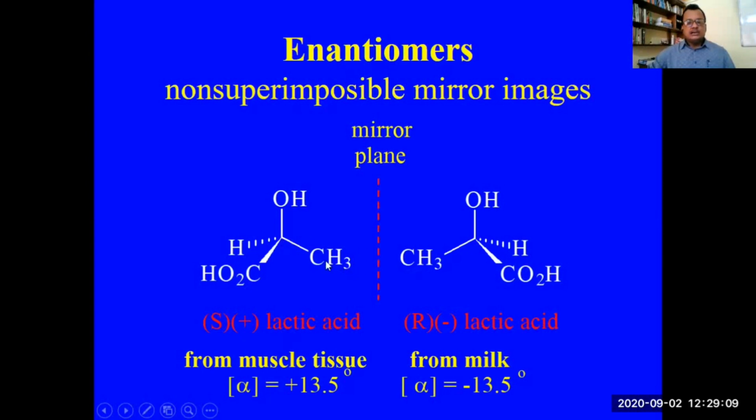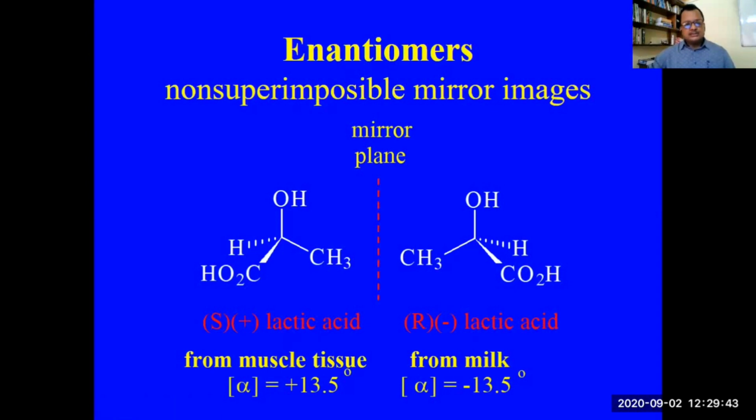Here you see the configurations around the stereocenters are different. Here the methyl group is on the right, there the methyl group is on the left; here the carboxylic group is on the left, there the carboxylic group is on the right. So the geometrical arrangement around this stereocenter here and here are different, which we say is different configuration. RS nomenclature is used to assign configuration. So we say that this carbon has configuration S and this carbon has configuration R.